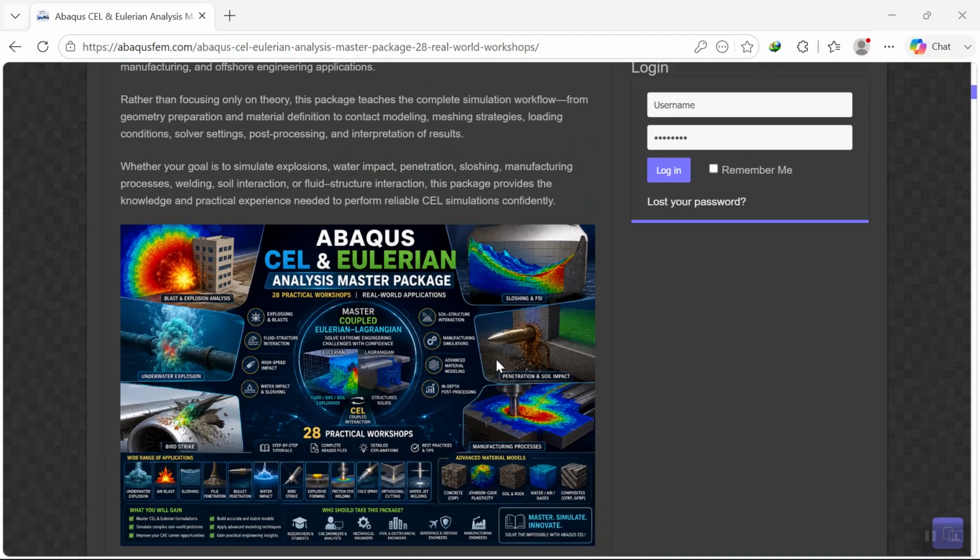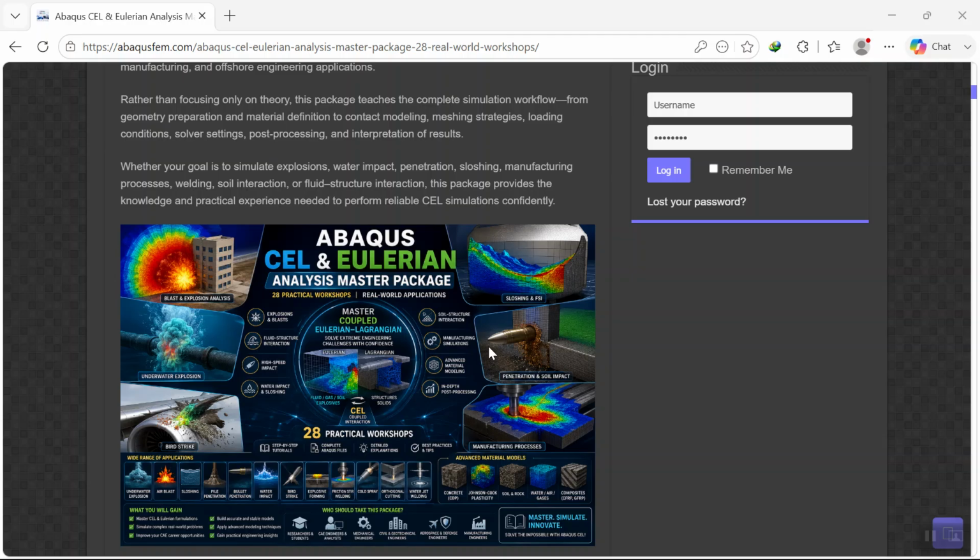This package includes 28 real-world engineering workshops that teach you how to use Coupled Eulerian-Lagrangian and Eulerian formulation in Abaqus Explicit to solve problems that are impossible or extremely difficult to analyze using conventional finite